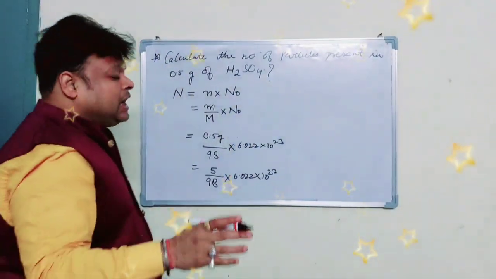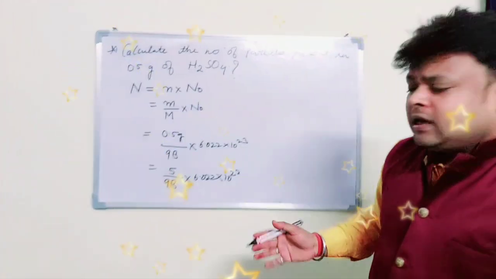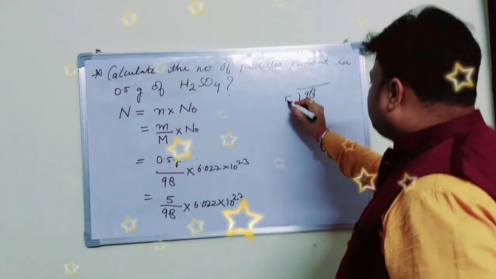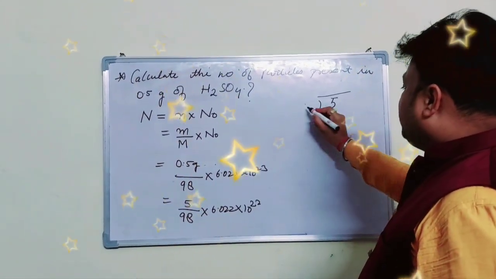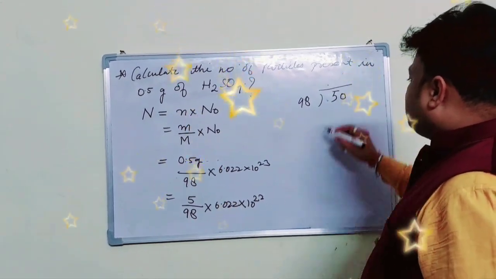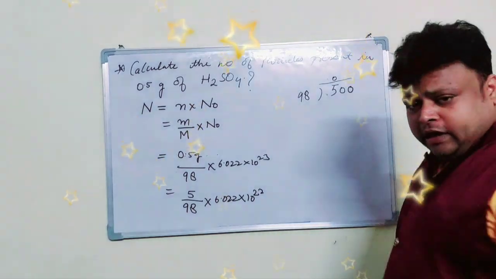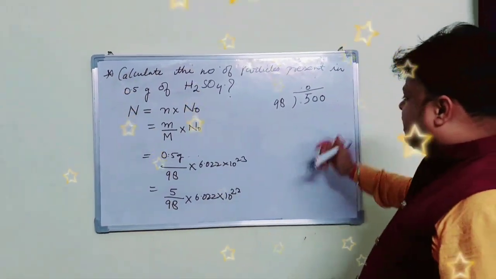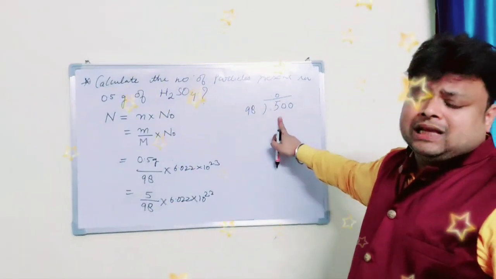Then what we have to do? We have to divide 5 by 98. Here you can see I am dividing 98 by 5. Sorry, it's a mistake. Actually we have to divide 5 by 98, right? So 98 से 5 नहीं जाएगा. Then we have to add 0. Then again we have to add 0 here, and 0 will come here. Now it is 500. Now just calculate the table of 9 which is not more than 50, which is less than 50.